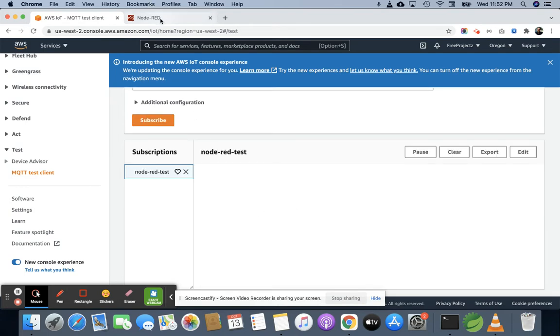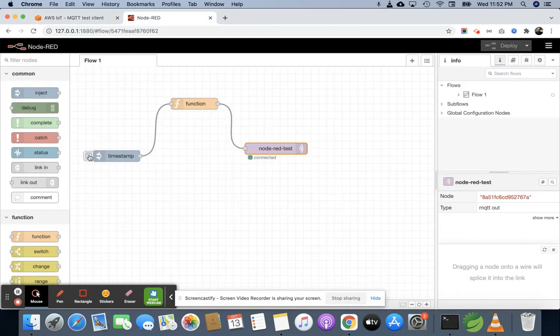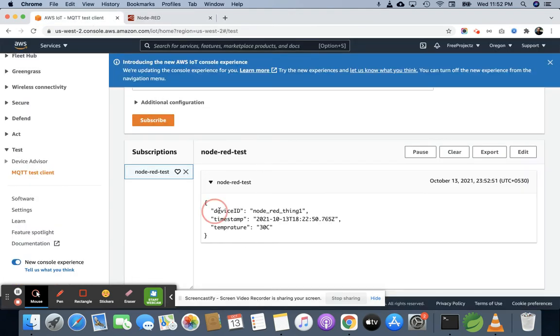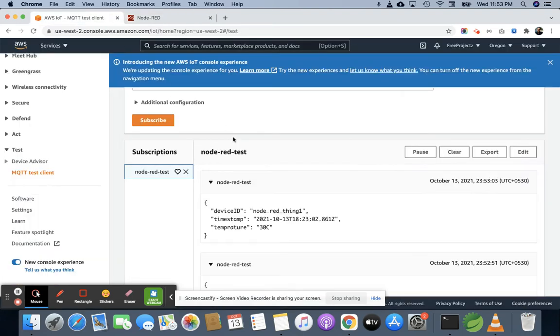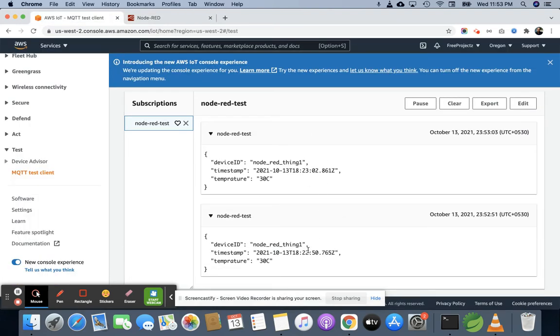There is nothing here, but if I hit this button, then you will be able to see the device ID, timestamp and temperature showing here, right? It's 12:50 now. If I click again, you can see the new message arrives.